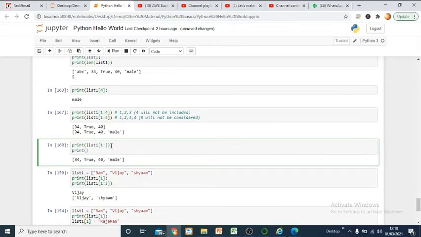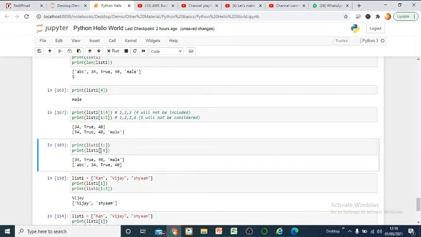if you are mentioning it like this, list 1, and then you are not mentioning any start index, it will consider it from the very start, right? So if you are mentioning from nothing to 4, it will start from nothing, that means right from the very start till index number 3, because this is 4, but 4 is not considered.